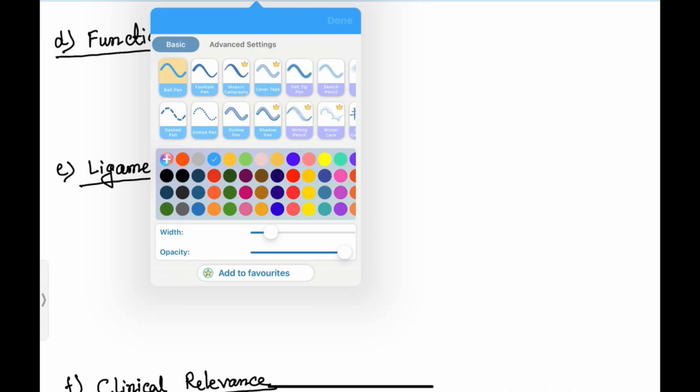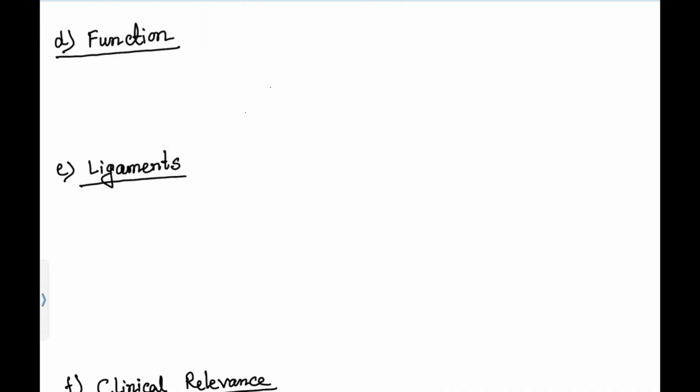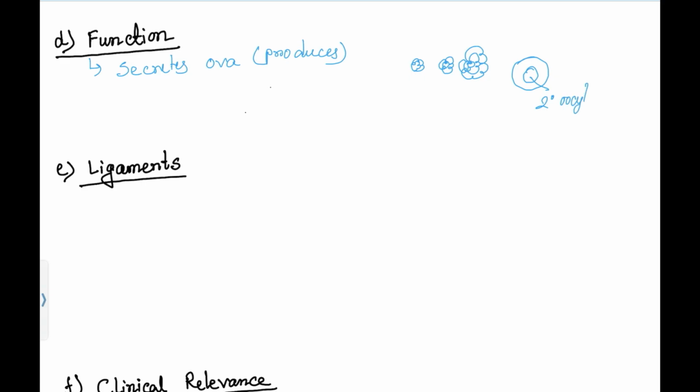Okay, now coming to the functions. So what are the functions of the ovary? The ovary's function is to secrete ova. Actually it produces ova. So one immature follicle or primary follicle gets matured into secondary follicle, etc. Then this follicle contains the secondary oocyte. So when this secondary oocyte ruptures,